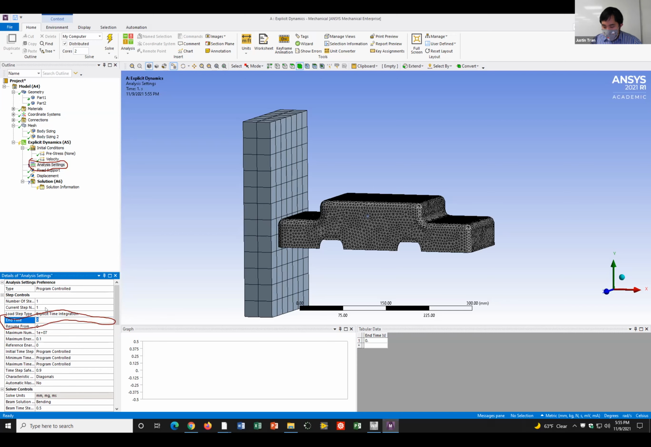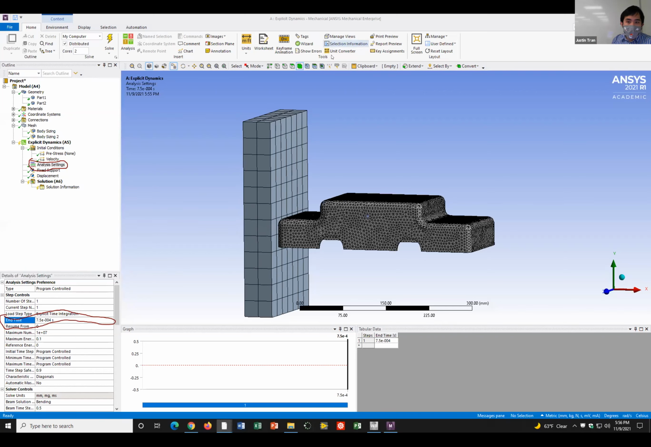Okay, and so in order to keep the simulation light, I'm going to set this end time to be 7.5 e to the minus 4 seconds. That's about 3/4 of a millisecond. And so the car crash is going to be over just like that. If you want to have a longer animation, or you want to see more dynamics after that, you can set this end time to be higher. But for just this initial job, 7.5 times 10 to the minus 4 seconds